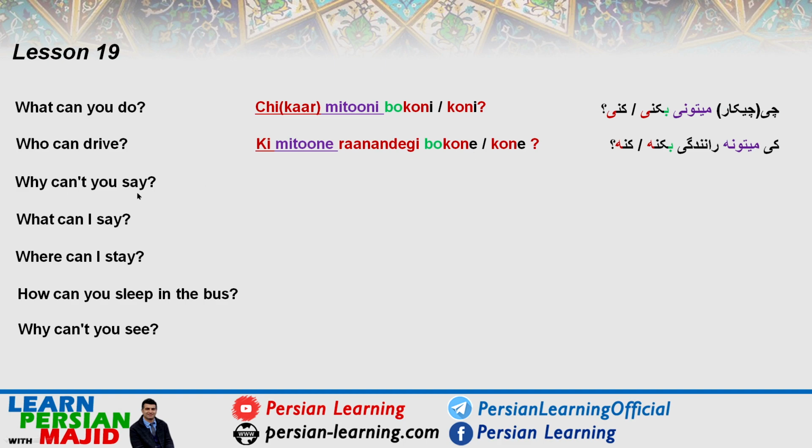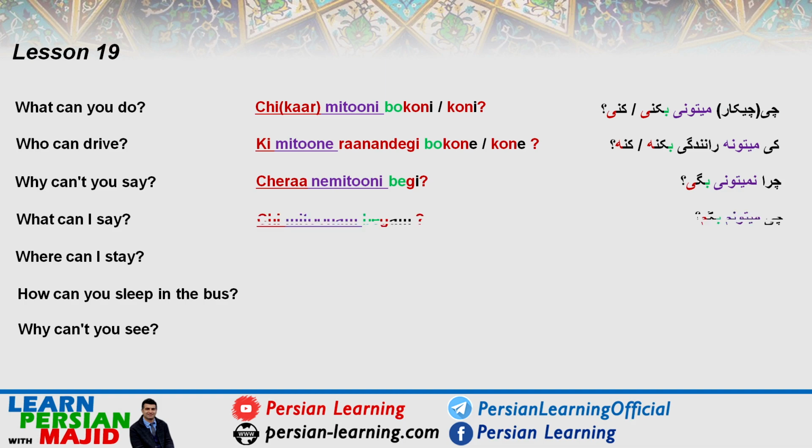Why can't you say, or why can't you say that? Here we have question and negative form of can. چرا نمیتونی بگی? So question and negative. What can I say? چی میتونم بگم؟ Where can I stay? کجا میتونم بمونم؟